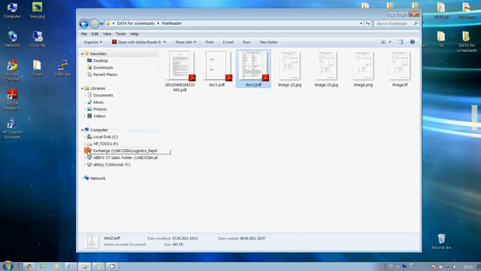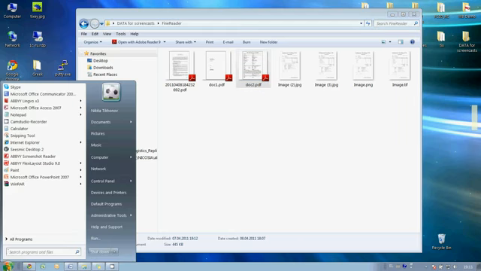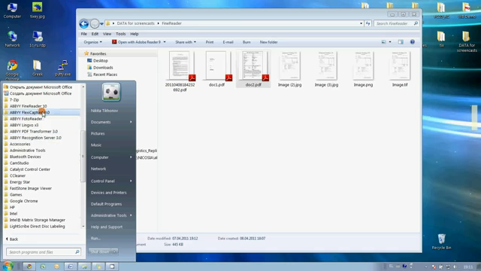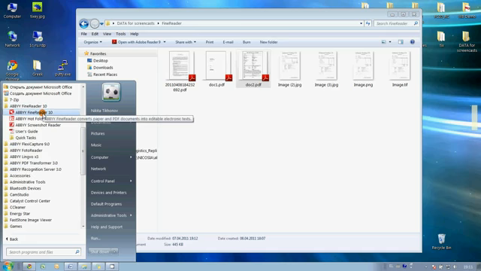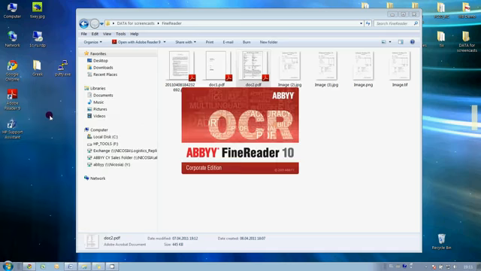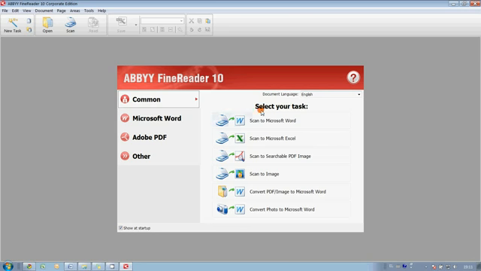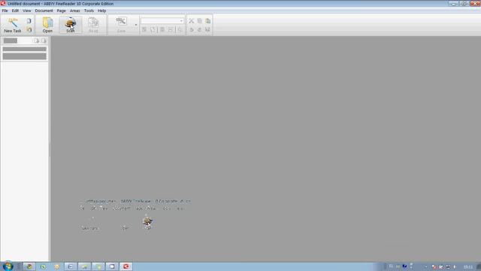So let's see how ABBYY FineReader can be used for these tasks. After its installation, it is available in Start menu, and all you have to do is just click on ABBYY FineReader icon, and here it is. Okay, let's start from scanning of paper order which we recently have received. So you press on Scan button,